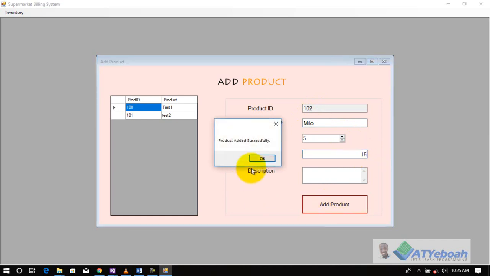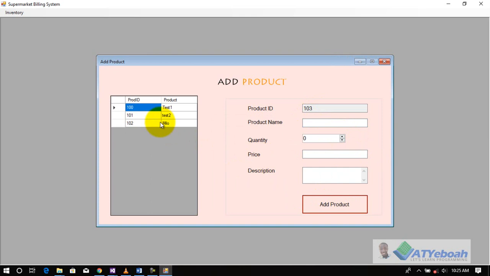Click add product. Okay, it is added. Let's add another one, and as you can see, the product ID has changed. Let's go to the next item and call that mock. Set the quantity,